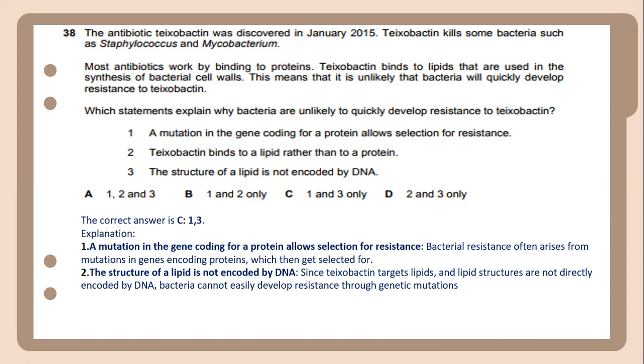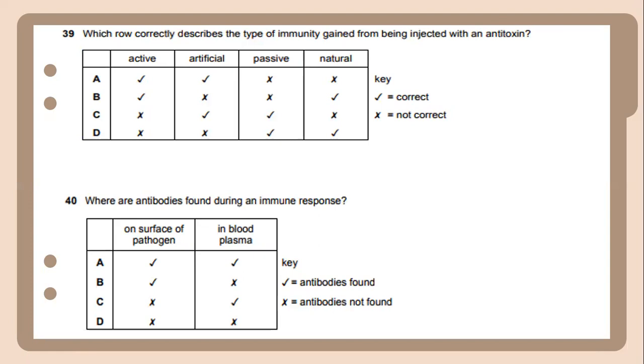That will be a mutation in the gene coding for a protein allows selection for resistance. Bacterial resistance often arises from mutation in a gene encoding a protein, which then gets selected for. And the structure of a lipid is not encoded by DNA. Since Teixobactin targets lipid and lipid structures are not directly encoded by DNA, bacteria cannot easily develop resistance through genetic mutation. And number 39,